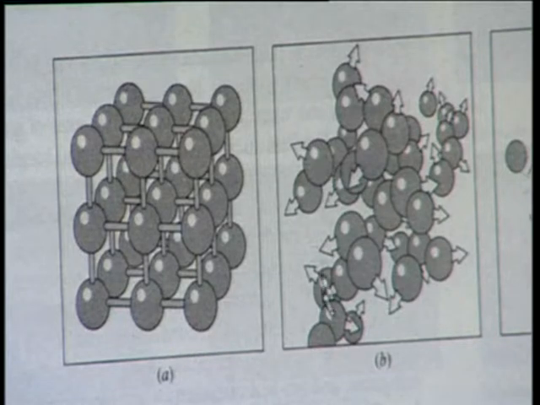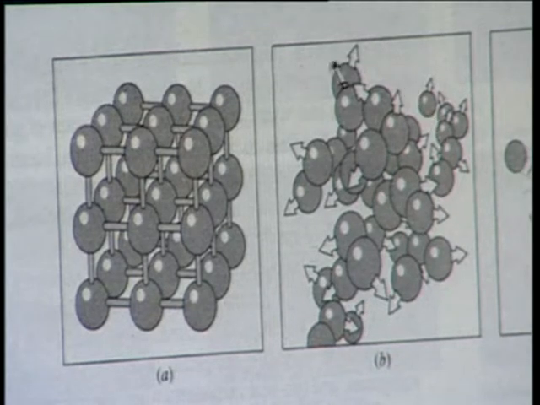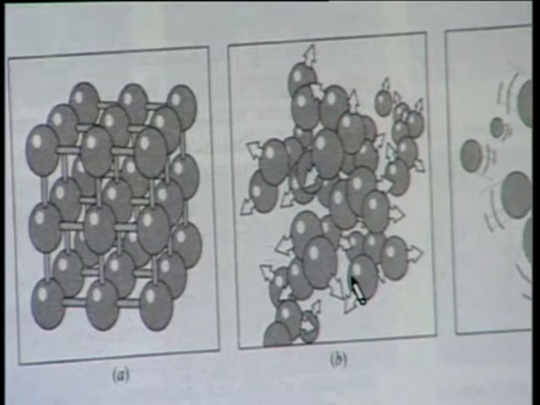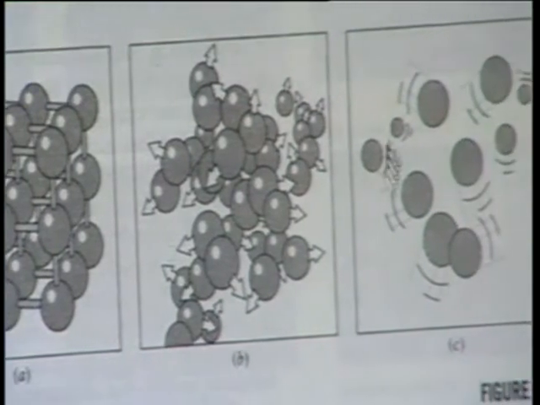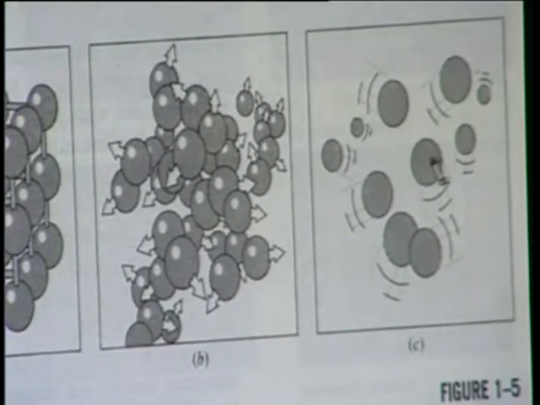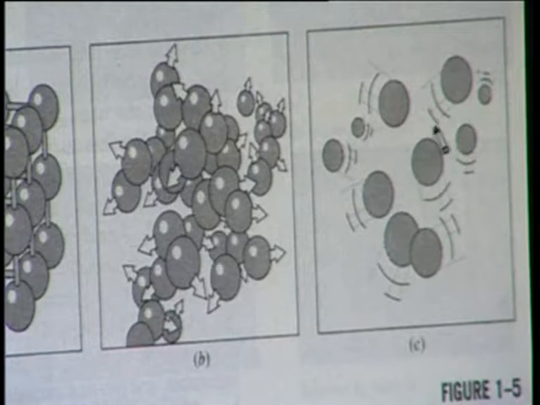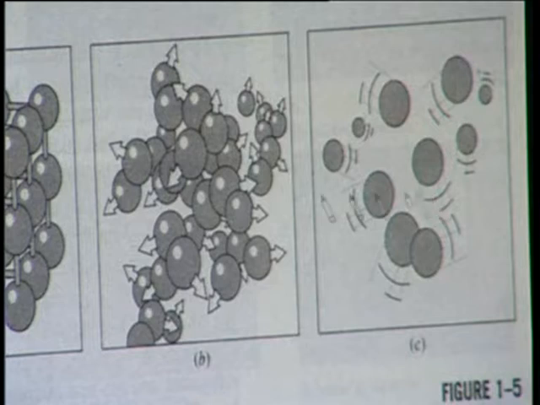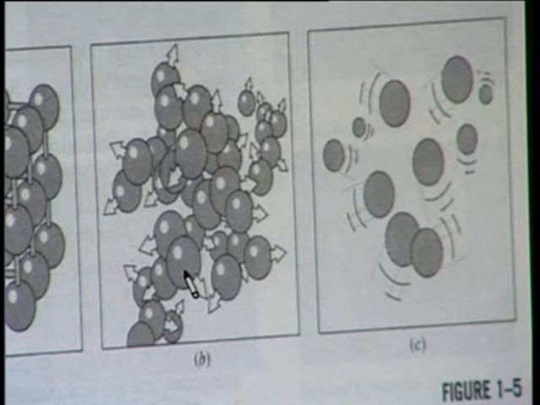Now, in second figure we have molecules which are not that much closely packed. This is the molecular structure of a liquid. Now, in third figure we have the molecules which are randomly moving here and there. They are not closely packed and their intermolecular attraction is very less in comparison to previous two figures, and this is termed as gaseous. So, in case of gases the molecules can move freely. In case of liquids they can move relatively free, but not that much free as in case of air.